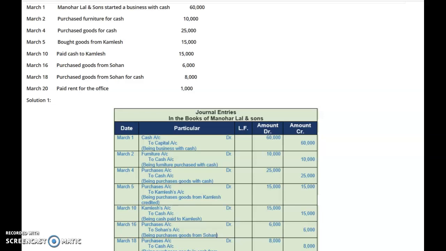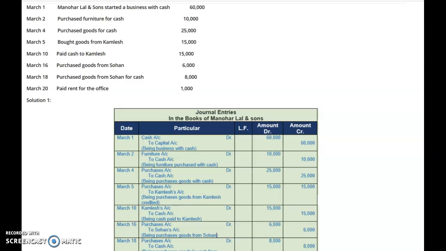First of all, we have to recognize the accounts. Second, we have to understand the nature of the account. Third, we have to recall the rules which are applicable with reference to those accounts. And the last step, we have to apply those rules with reference to the nature of those accounts, and we have to journalize the transaction.